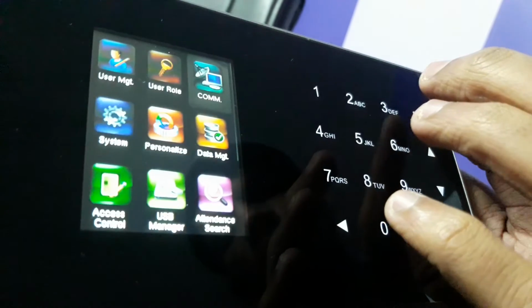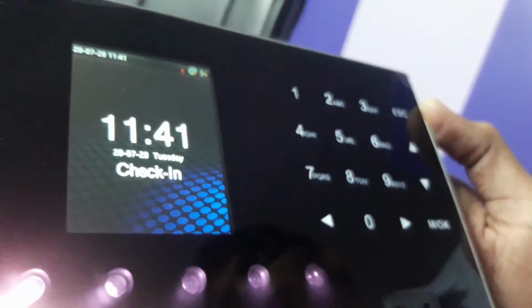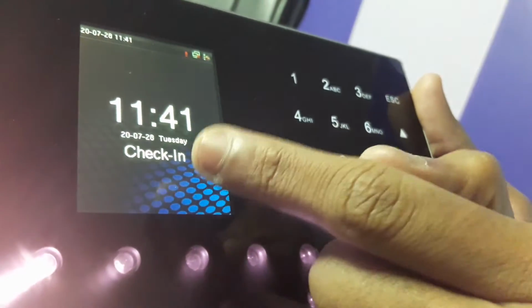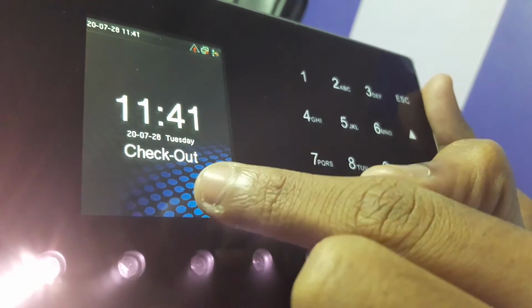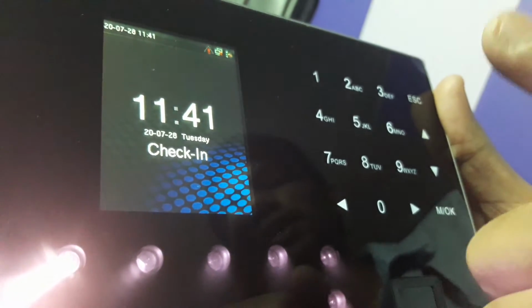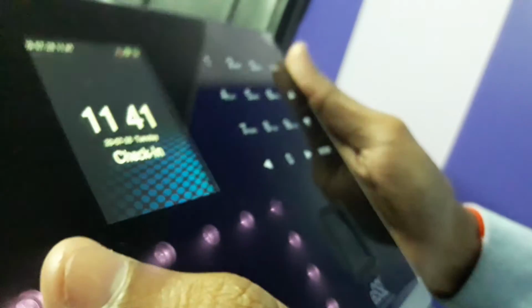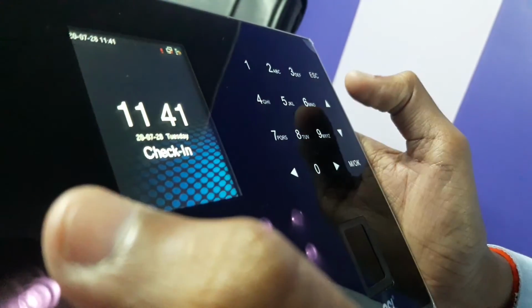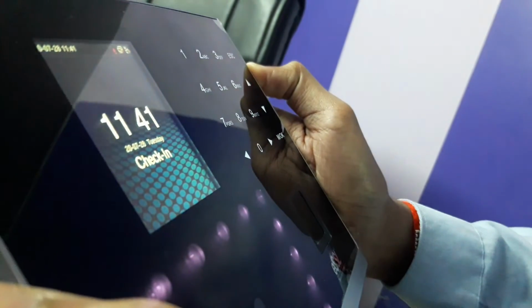Okay. Now this is the COM settings video, showing how to configure your device with LAN cables and cloud server settings. Now also how to punch in on the biometric device: both check in and check out options are there. Check in means when you come into the office, the first punch is a check-in punch, so you move the arrow up to check in. Now punch.